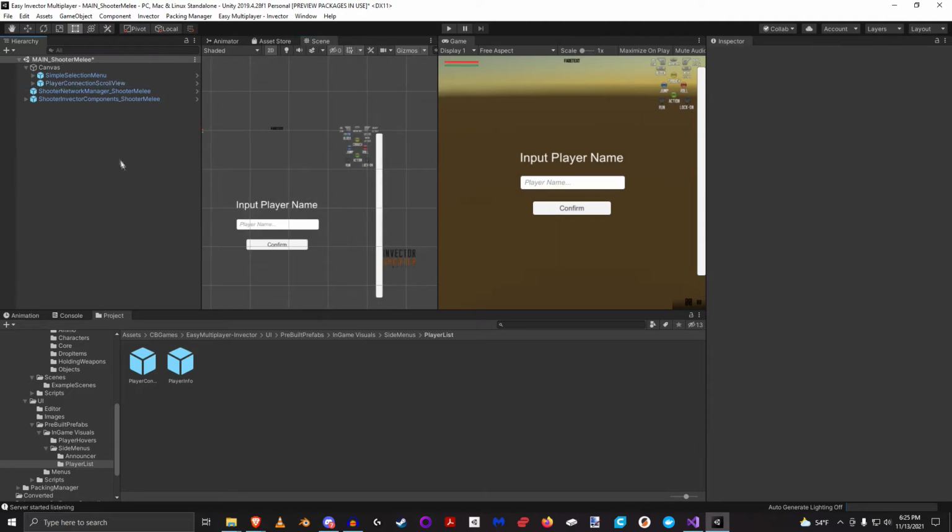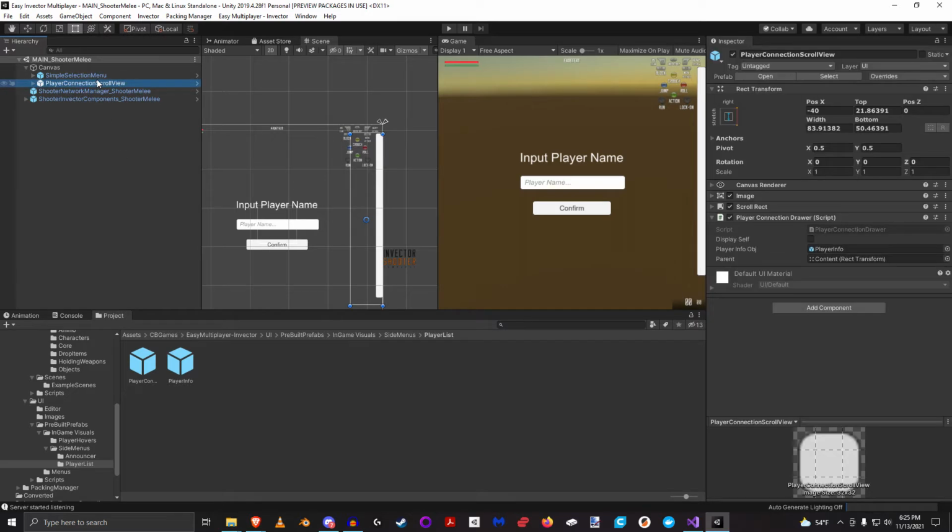Okay, so now we got it set up in our screen. Let's take a little deep dive into this. So what this is going to do is it's going to reference this player info. We'll get into that a little bit. But all it does is